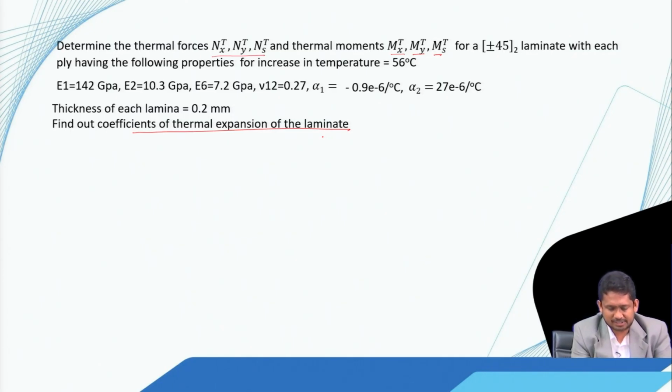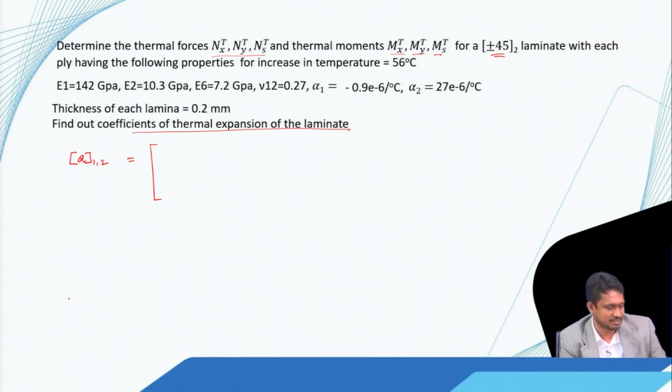So, for that first we have to find out the alpha. First let us find out the Q matrix. So, this is the lamination sequence. For plus 45 minus 45, those are the two types of plies we have. So, we have to find the corresponding Qs for those, but before that for each ply we have to find out the Q matrix with respect to its principal material direction. So, the Q matrix that we get is